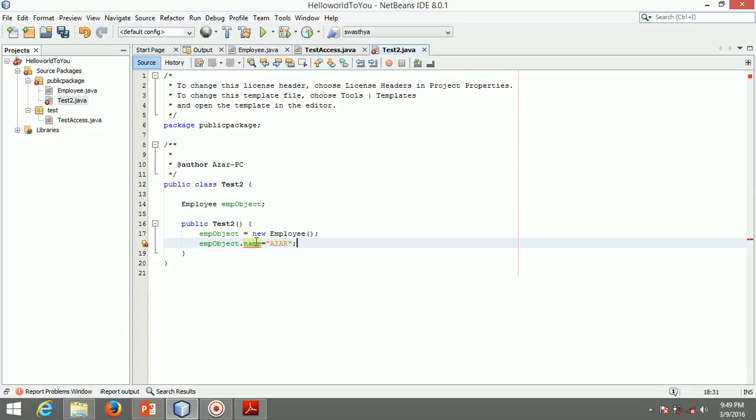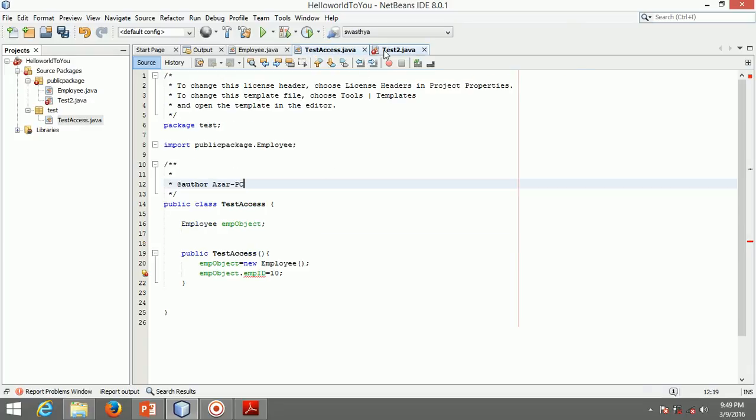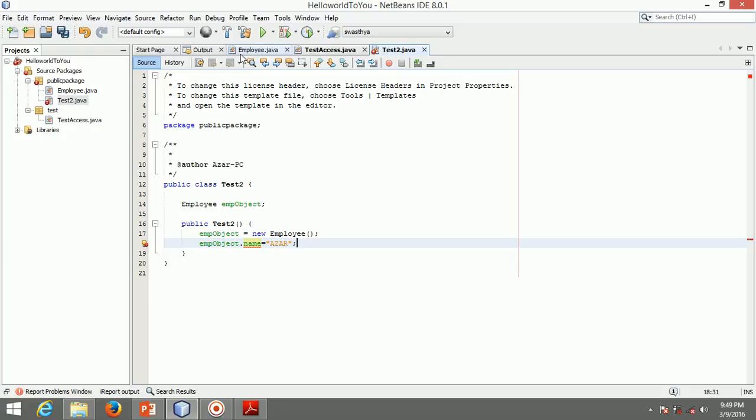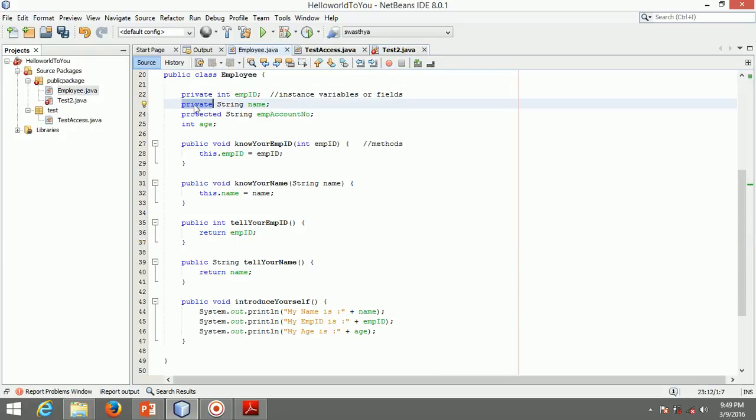Now you can see that an effect has happened: this name has private access and cannot be accessed outside the class it is defined in. So I must have this public access to access it from outside the class.